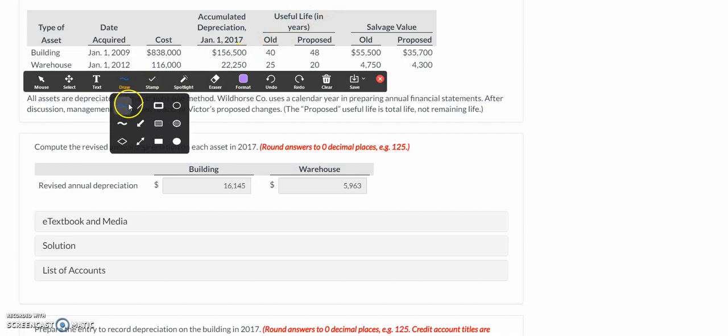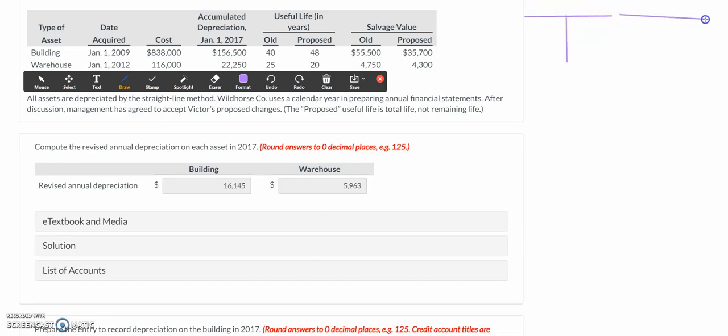So one of my suggestions when it comes to a question is to draw out the T accounts to help you visualize what was in each of these accounts before you record your revised depreciation. So we're going to go ahead and get started with our building, which had an initial cost of $838,000. And we also note our accumulated depreciation on that building has a credit balance of